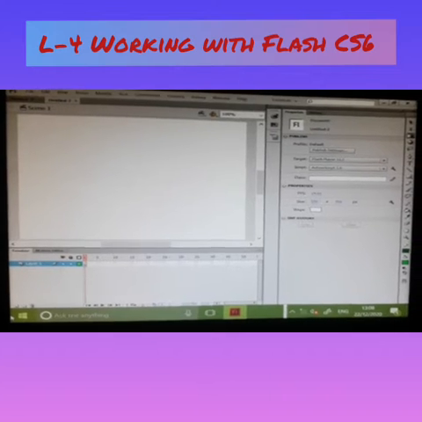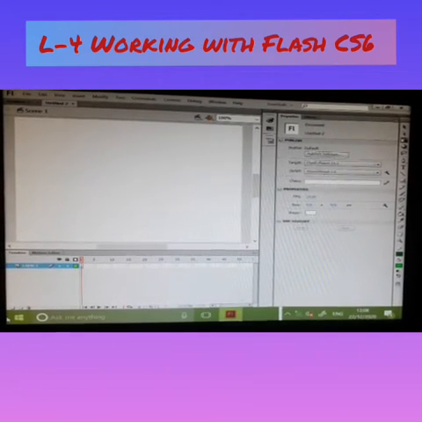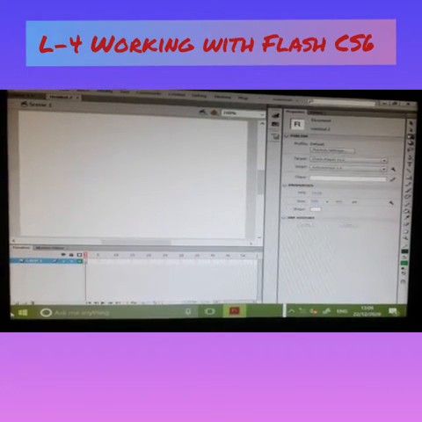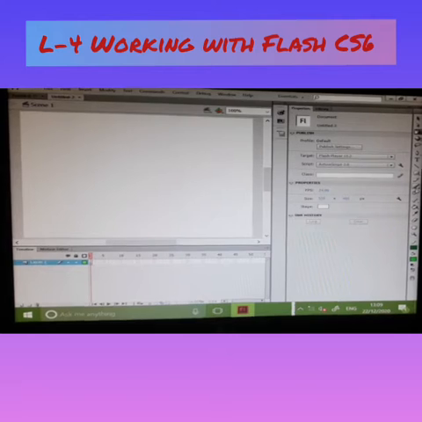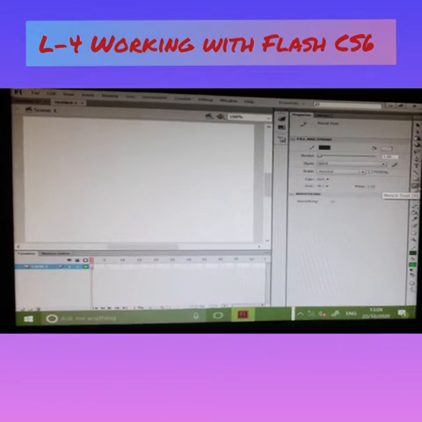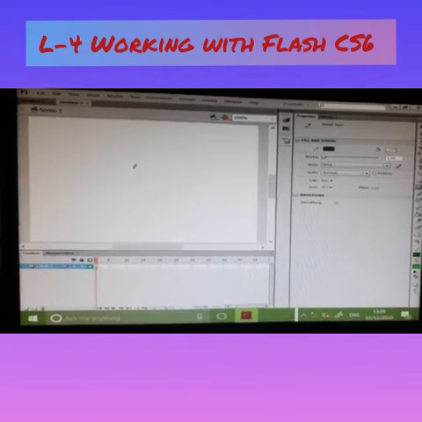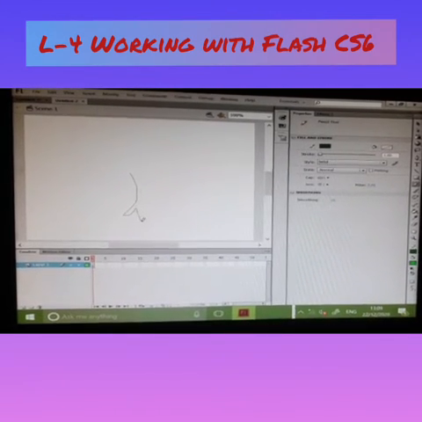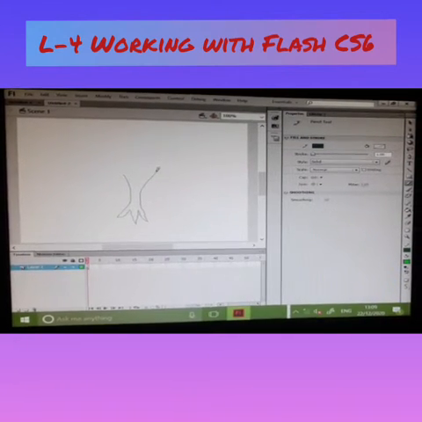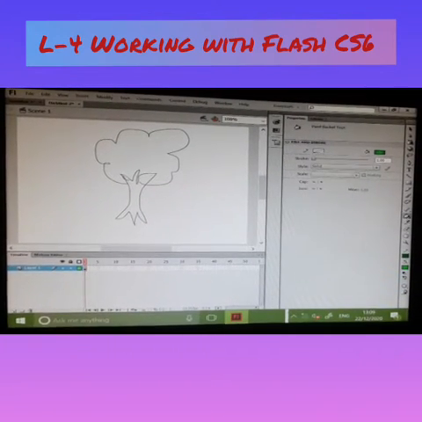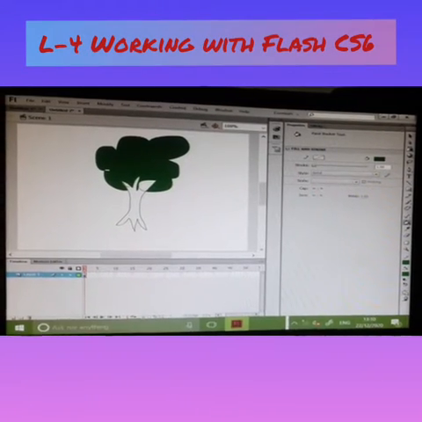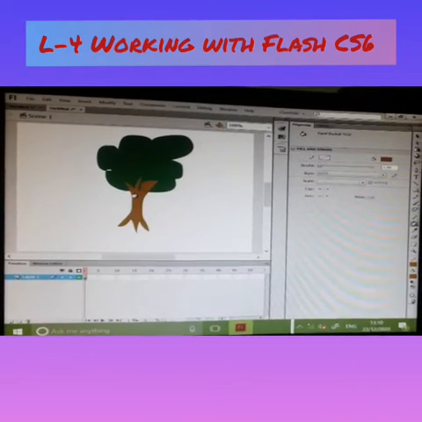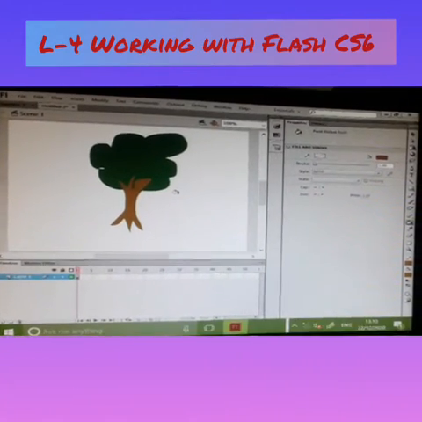Now first I am going to discuss here modifying a linear gradient. It is given on page number 47. To do this, firstly you need to draw an object. Click on pencil tool and draw any object on which you want to give the gradient effect. After that, click on paint bucket tool to fill color in it. Then choose another color for trunk and fill color in it. Okay, now the drawing has made.